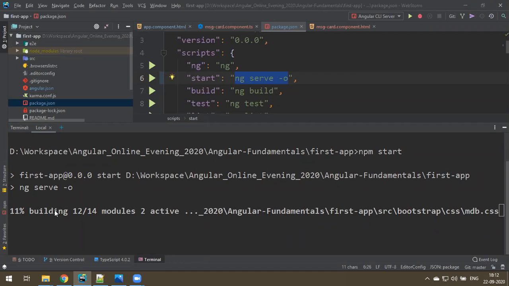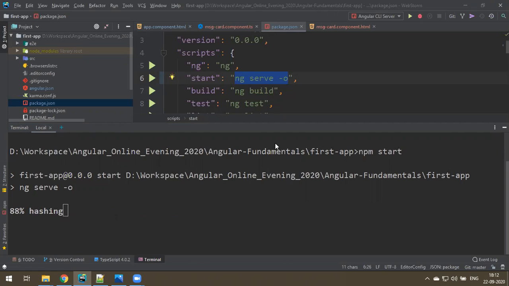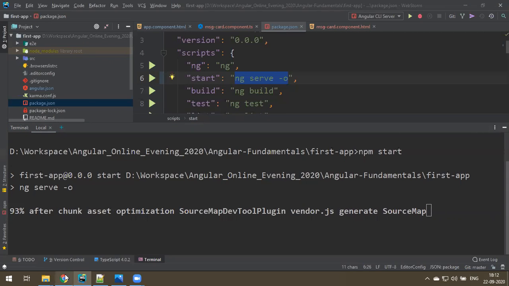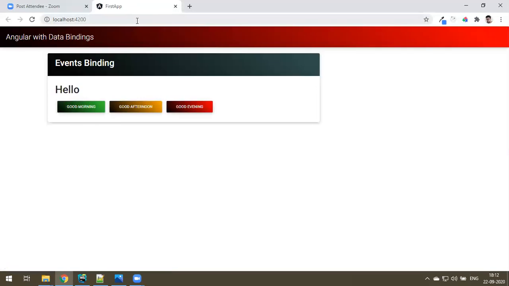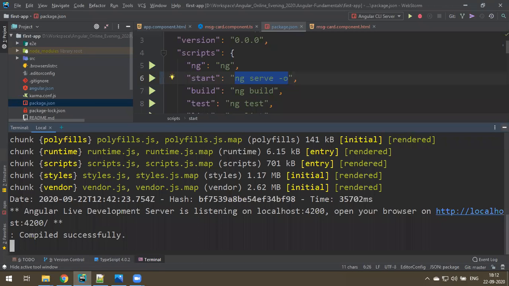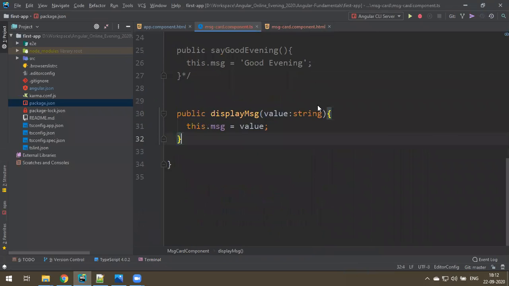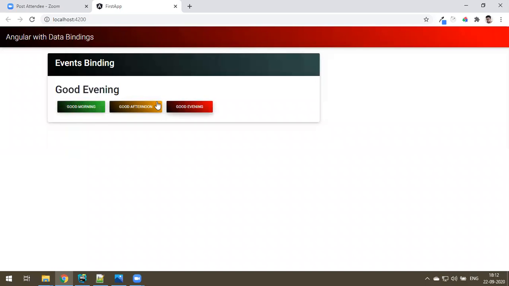It will compile and open a browser automatically, and the URL also will come automatically there. Generally what we do manually, once it is done, we open a browser and enter the URL, that will happen automatically. See, compile successful. See, the browser opened automatically. You got this. That's one thing. Okay, fine. So this we have discussed earlier, last class we stopped here.